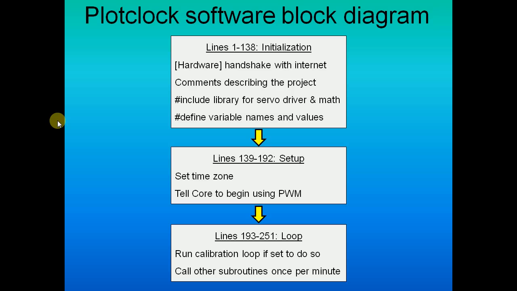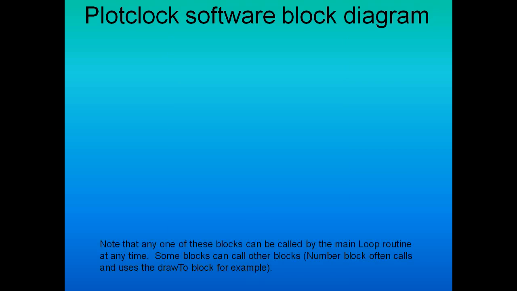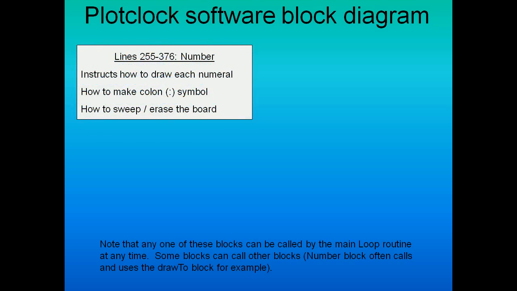So let's go over the different subroutines. We've broken up the main loop into 6 different subroutines or blocks. And we should note that any of these blocks can be called on from the main loop at any time. And while some of the blocks are running, they may call other blocks. For example, the number block, which draws the numbers, often calls and uses the draw to block, which we'll explain in a little bit. So, the first block we're talking about is lines 255 through 376,